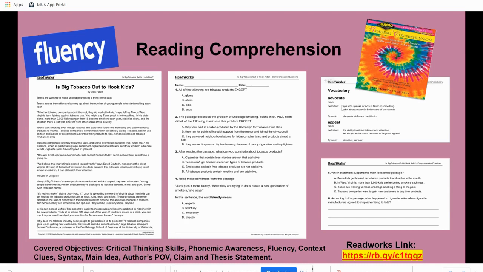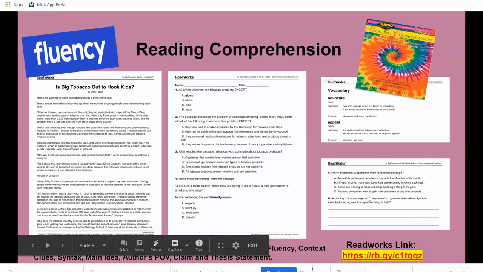And as you see, once again, the articles on ReadWorks, they have pulled out advanced academic language. These are words that we are expecting our students to be able to know. Okay, so instead of saying a friend, I don't want you to say she is someone who has supported me.